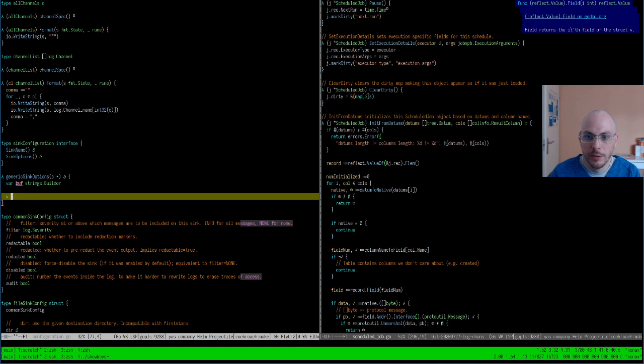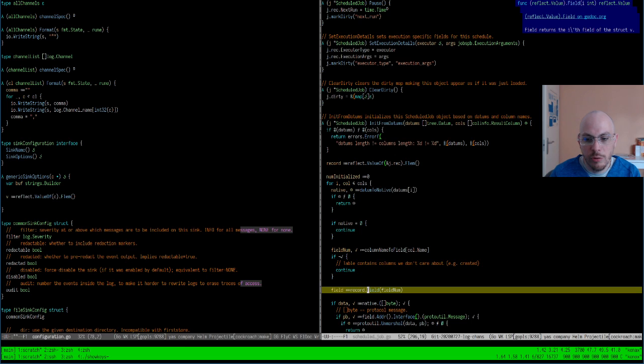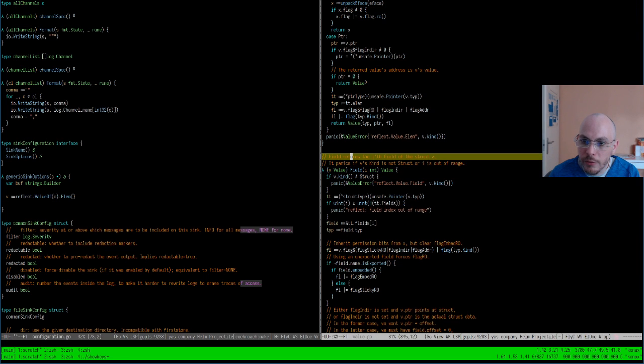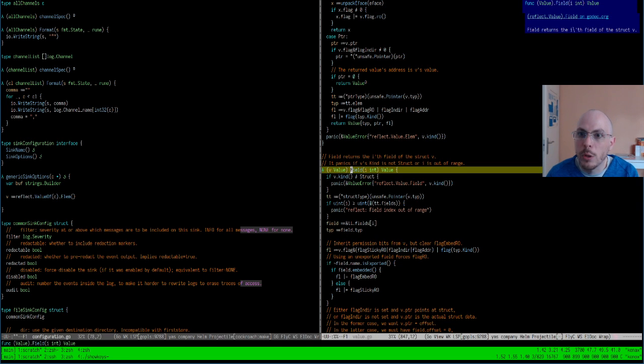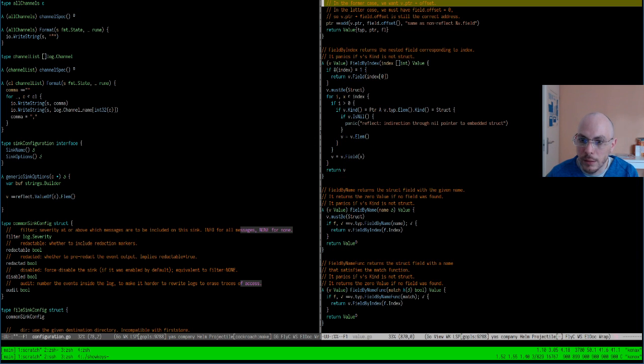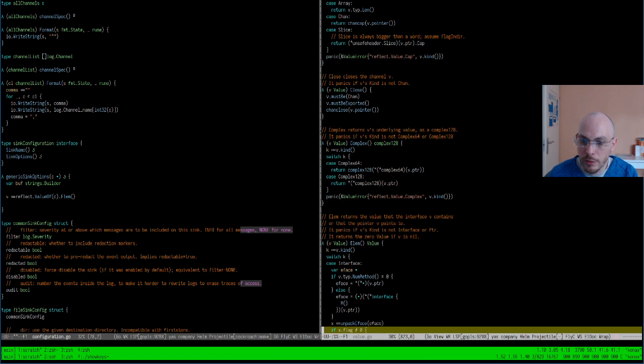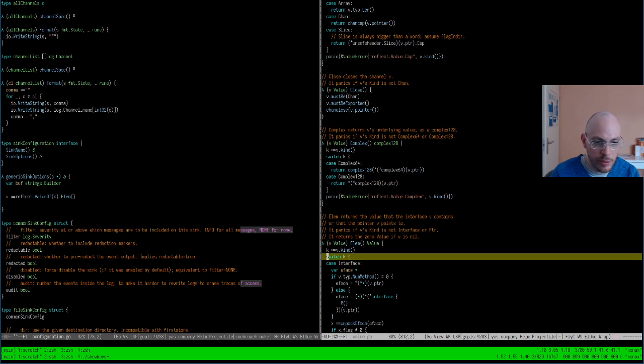So v is going to be reflect that value of my thing here, and I use elem because I know it's going to be passed by pointer, and then I'm going to use fields. So how does it fields? So I need to look at the number of fields because I don't remember how. So I field by name, field by index. Do you have a field num field? Do you have maybe num fields?